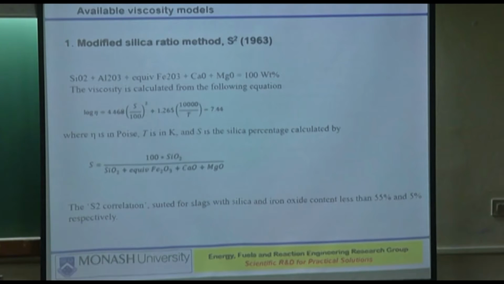And then later on I will show that some of these models cannot work for our type of ashes, I mean the ashes from the coal that we use in Victoria. So that's the purpose of this